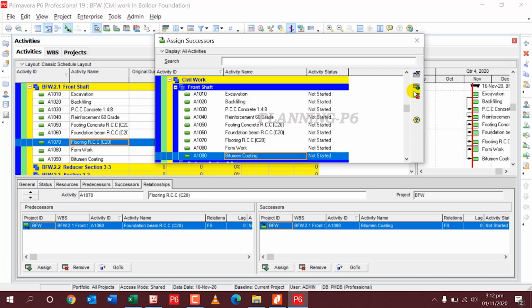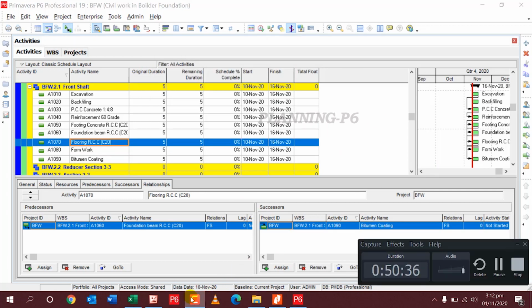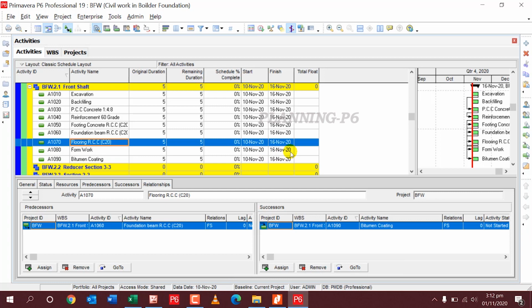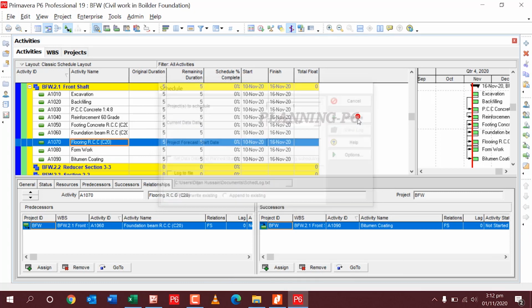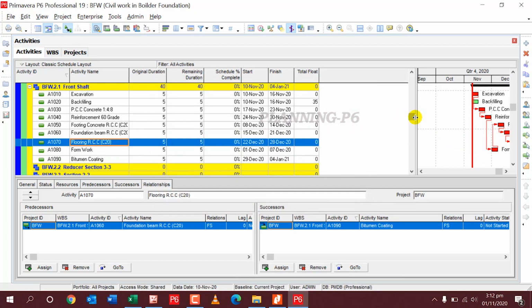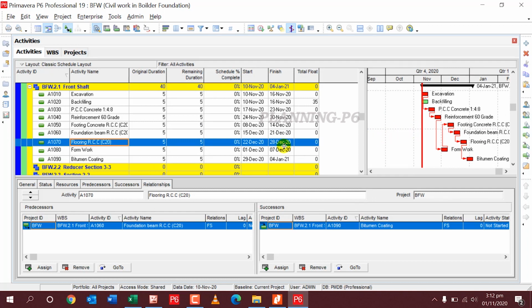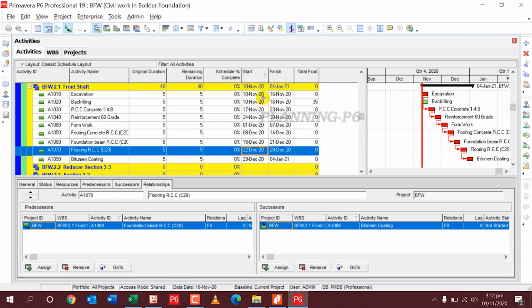Let's finish. I will just press F9 here and schedule from 10 November, and you can see here activities are linked. So if you want to arrange like that one, you can go and start, click.